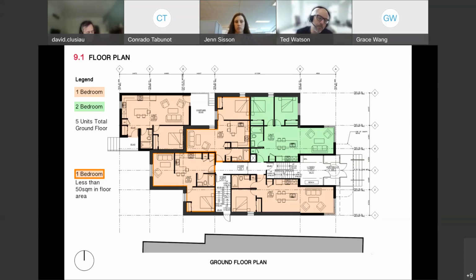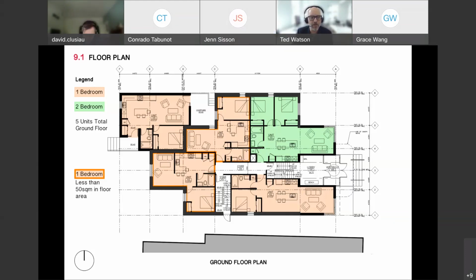He makes an investment in it, and he rents them out. Yes, they will be rental units. Okay, so they're market rental units. Yeah. And this is really an entire gut and renovation of this building, correct? Correct.